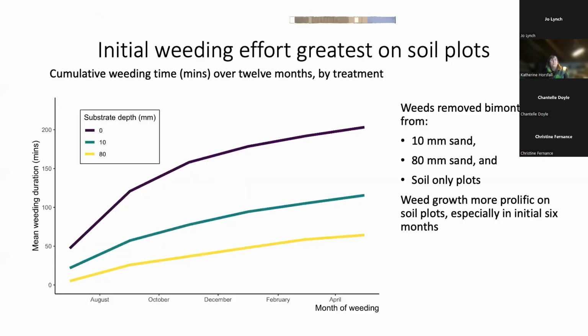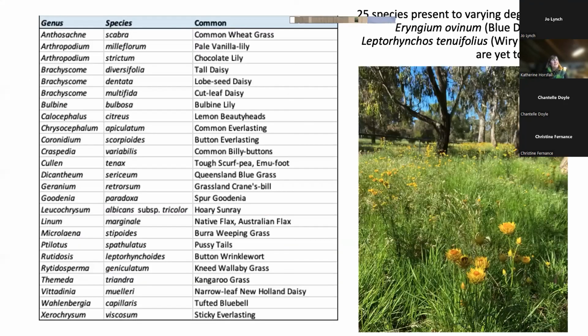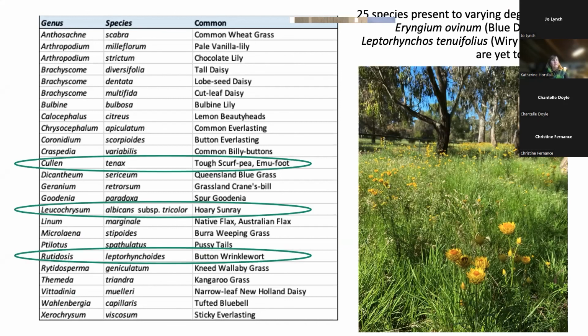All right, so what we found was that the 80 millimetre depth of sand was doing a significantly better job of reducing the amount of weed competition, and then importantly, labour and thus cost of doing this kind of work. And while we found that our sown species were a little bit slower to establish on the greater depth of sand, by December they'd evened out and we had a fairly uniform canopy, which was dominated by a number of species. But of the 27 species that we sowed, we got 25 of them, still waiting on 2. And 3 of those are threatened species. Not in vast numbers, but certainly there.